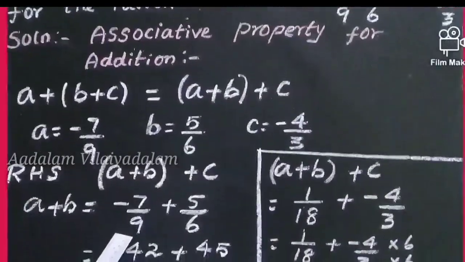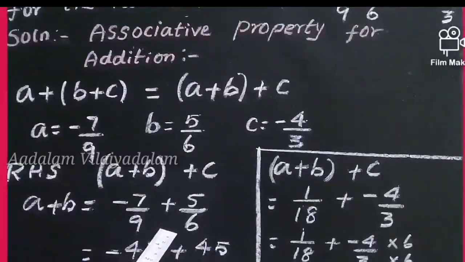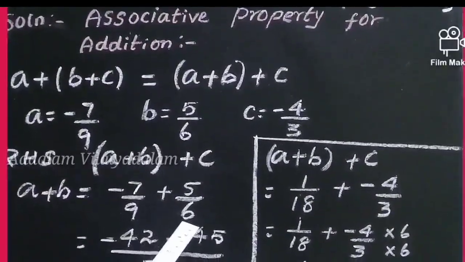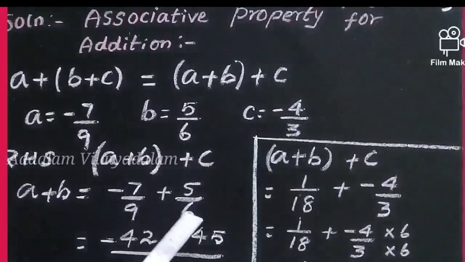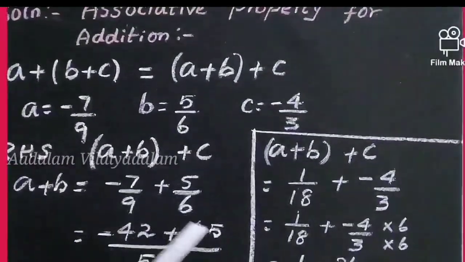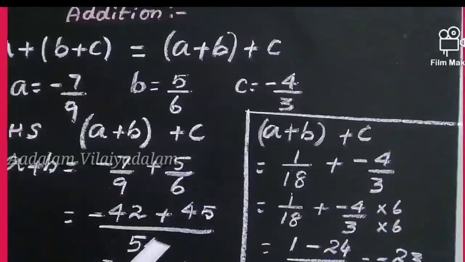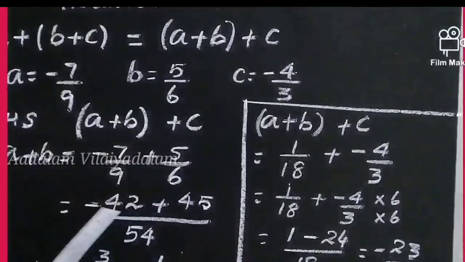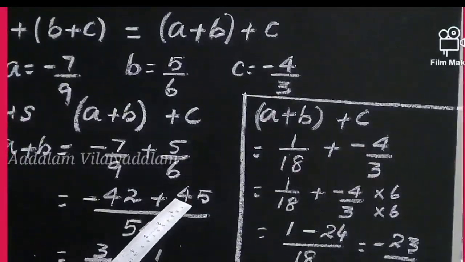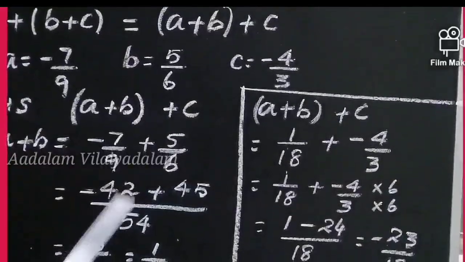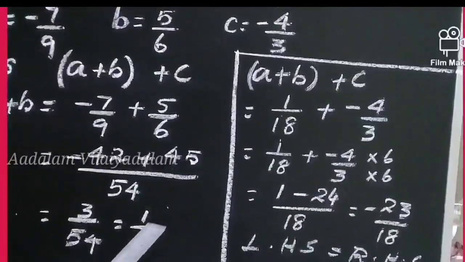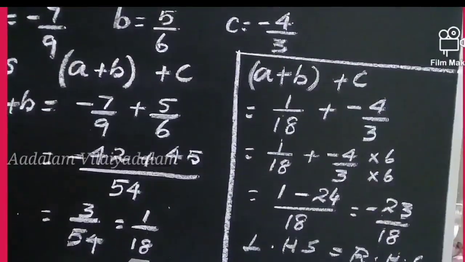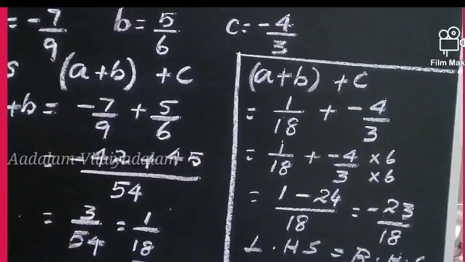Here, A equal to minus 7 by 9 plus 5 by 6. Here, the denominator is different. We have to arrange the same denominator. So, do the cross multiplication method. Plus into minus, minus 7 6s are 42 plus 9 5s are 45 divided by 9 6s are 54. 45 minus 42. So different signs, we have to subtract the answer. 45 minus 42, the answer is 3 divided by 54. Now cancel 3 table. 3 1s are 3, 3 18s are 54. So A plus B value is 1 divided by 18.